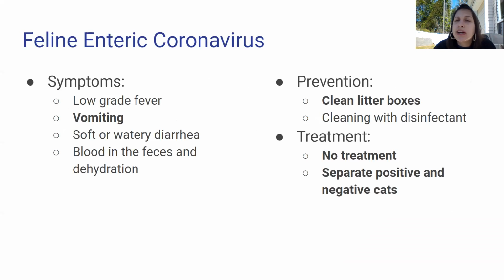But if you have a cat or a kitten that gets it, you're going to see diarrhea, blood in the feces, vomiting. Essentially, you're going to see symptoms that something is wrong with their digestive system. They can't keep food down. The food isn't sitting long enough in the large intestine and having that water be absorbed, so they're having diarrhea, or they're having some internal bleeding in their digestive system somewhere that's causing blood to come